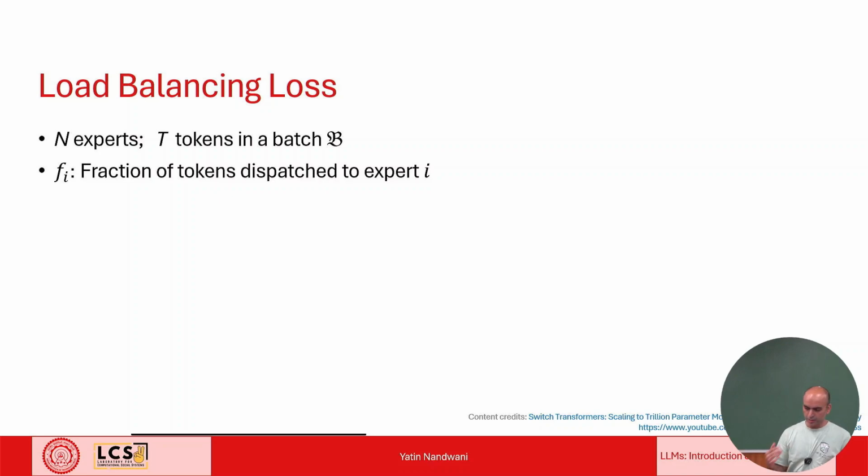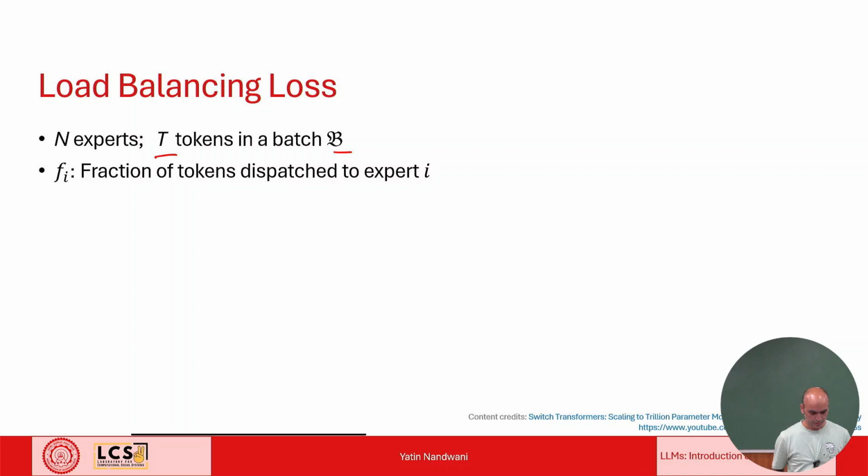So these are certain terms. We have total N experts, let's say, and there is a batch B, and there are T tokens. So T, let's say, is 10,000, right? And Fi is the fraction of tokens dispatched to expert i. So what we are doing is that we are counting, right, which token is getting routed to which expert, right? And Fi is that. So let's